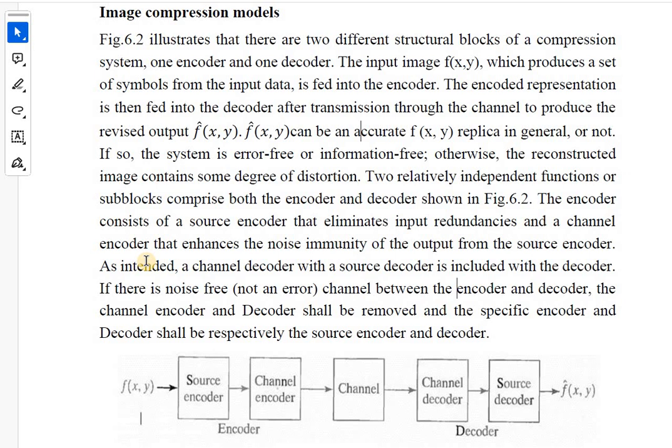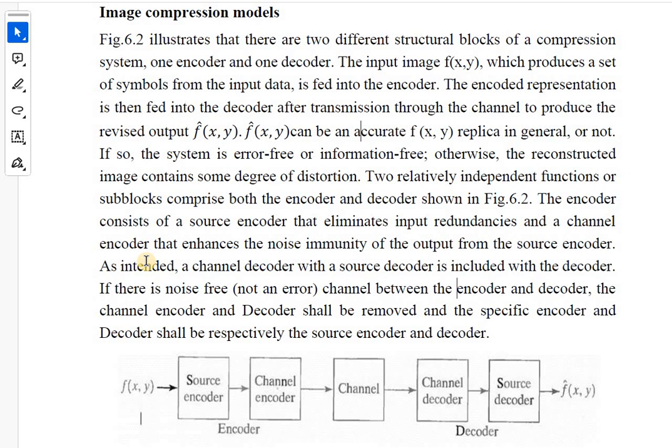Now, why do you think the channel encoder and decoder are necessary? They are necessary so that the channel cannot hamper the image in any way. Any noise or error should not be introduced via the channel into your image.